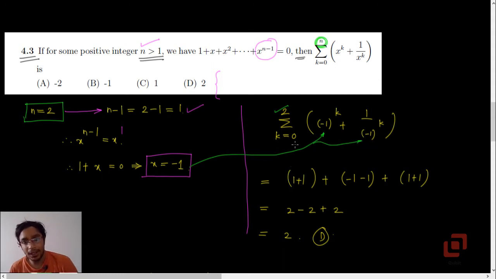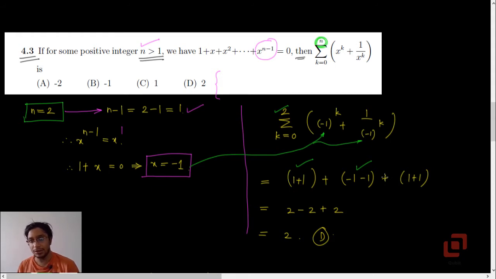Okay, now first k equal to 0, minus 1 raised to 0 is 1, its reciprocal 1, so 1 plus 1, 2. Plus now increment k by 1, minus 1 raised to 1 is minus 1, plus 1 upon minus 1 raised to 1 is minus 1. So these two terms will now eventually cancel each other, 2 and minus 2.